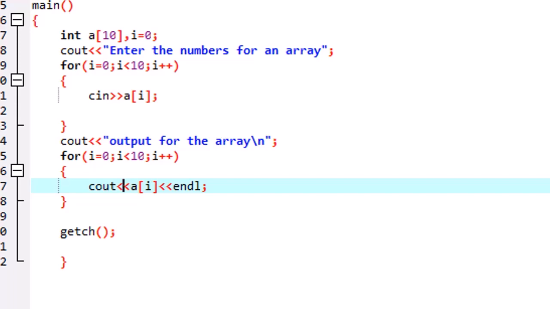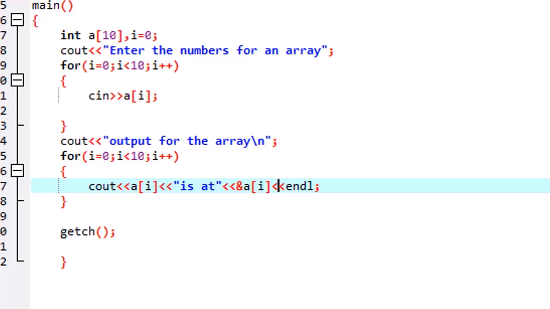It will not waste the memory randomly. For this, we use the ampersand sign. As we have already learned in C language, the ampersand sign is the address operator. So when we want to see the address of a particular position of an array, index by index,